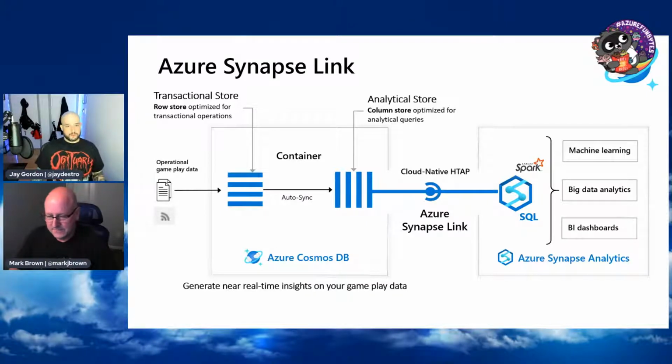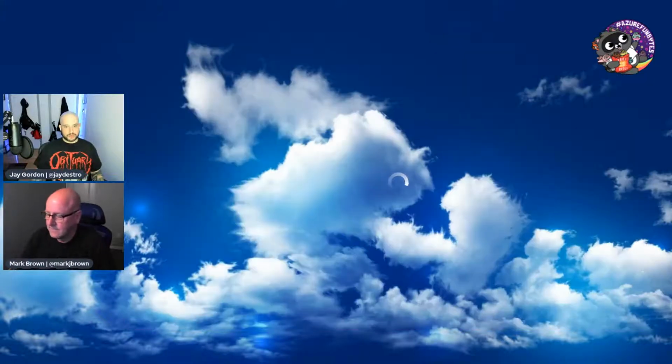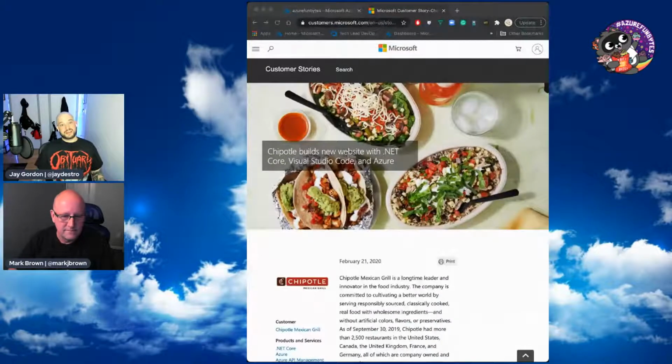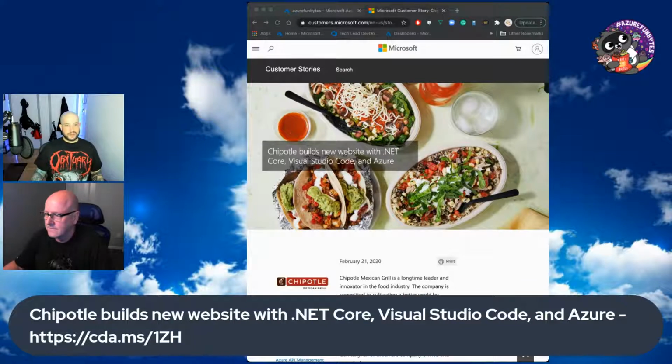One of the cool things I wanted to show people really fast, and one of the better things we can say right out the gate about using Cosmos DB, is that a lot of companies rely on availability. Chipotle, you're ready for a burrito?